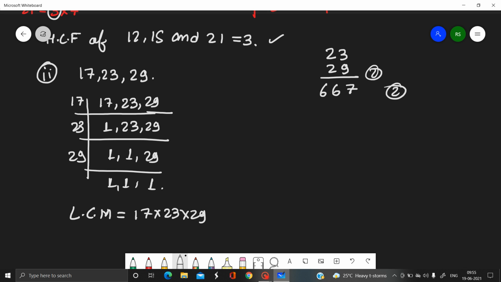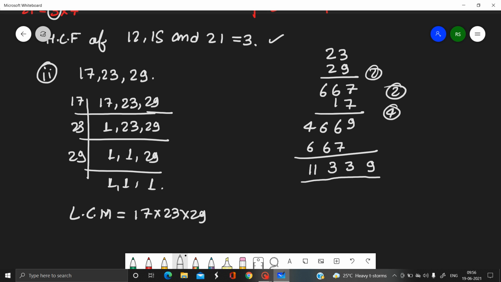So 667 multiplied with 17. 7 sevens are 49, carry forward 4, 7 6s are 42, 42 plus 4 will be 46, carry forward 4, 7 6s are 42, 42 plus 4 will be 46 here. Now 1 into 7 will be 7, 1 into 6 will be 6, here is also 6. Now sum: this is 9, and 7 plus 6 will be 13, carry forward 1, 6 plus 6 will be 12, 12 plus 1 will be 13, carry forward 1, and 6 plus 4 will be 10, 10 plus 1 will be 11. So you can see the LCM of these numbers is